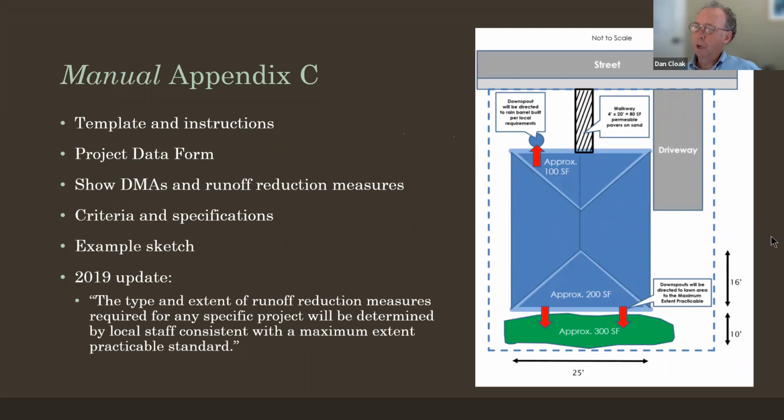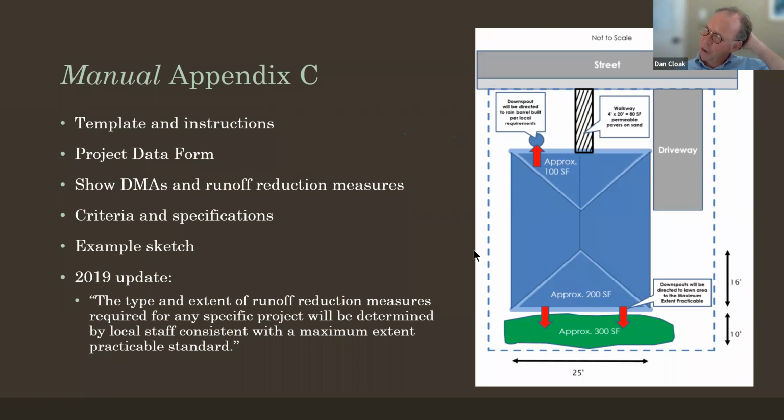Some portion of the site here, this portion of a hip roof, is being captured in downspouts and directed to lawn area. Here, half of this piece is being directed to a rain barrel, which is also an accepted runoff reduction measure. Here, some permeable pavers are being installed. So